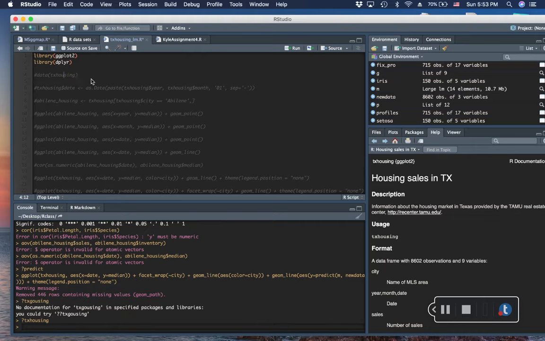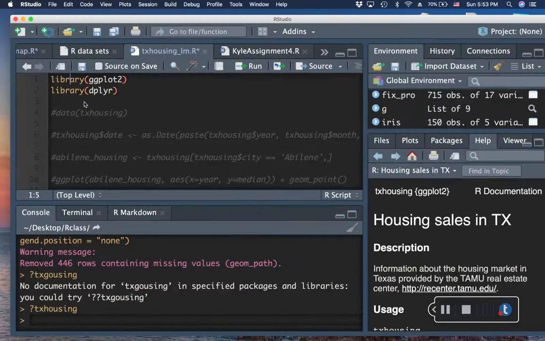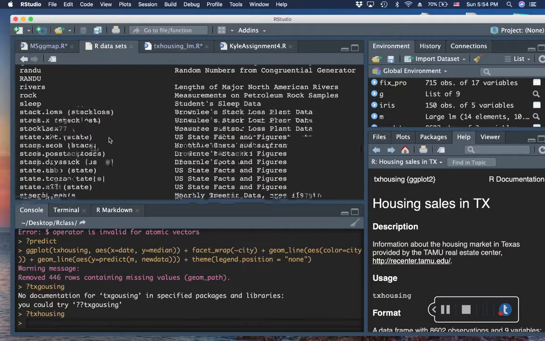So the data that we're going to be modeling with today is actually a built-in data set. And I should say that, since I'm going to be using ggplot, and I might use dplyr here, let me zoom in. I've got library ggplot and library dplyr called as well. And the data I'm going to be using is the Texas housing data set that is provided, I believe, with